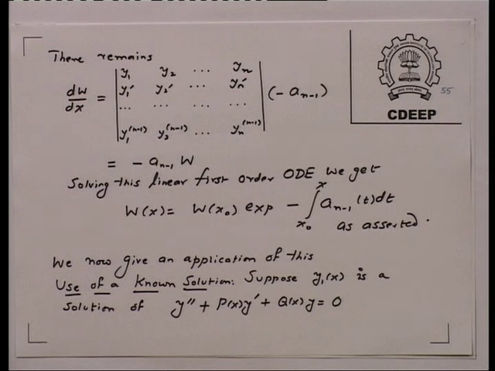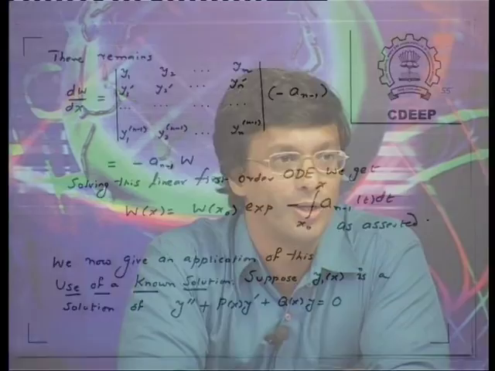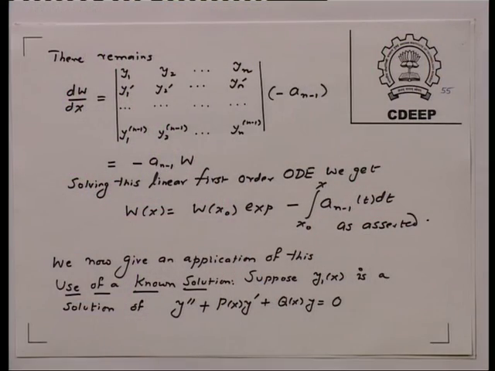Right. So now you must solve this differential equation as a linear first order ODE. Don't avoid dividing by W. That's exactly why the whole thing was done. So you divide. We did the linear first order ODE in the morning, and we are using it now. So W(x) equals W(x naught) times exp of minus the integral from x naught to x of a n minus 1 of t dt, as asserted. So this is a very important formula called the Abel-Liouville formula